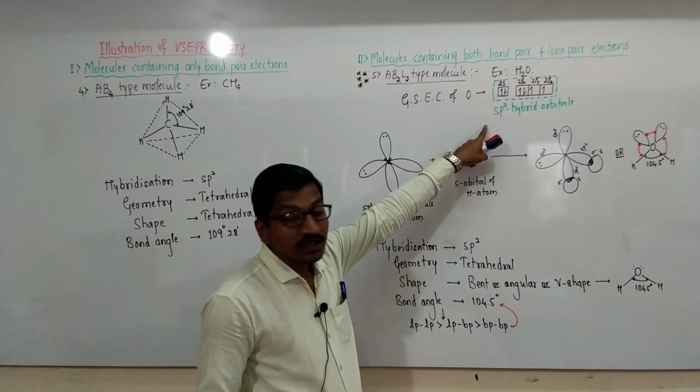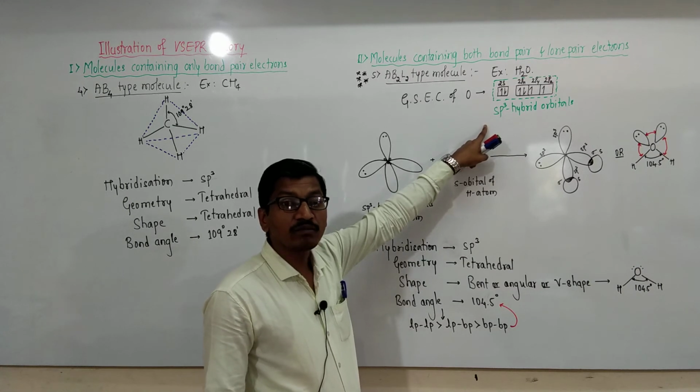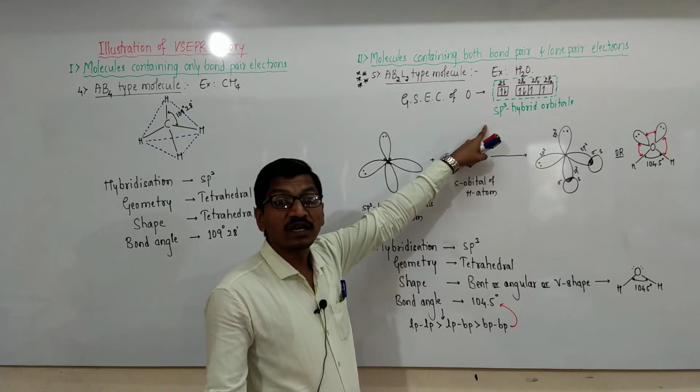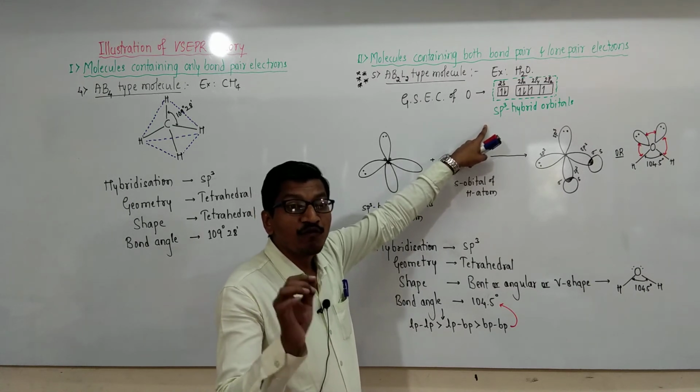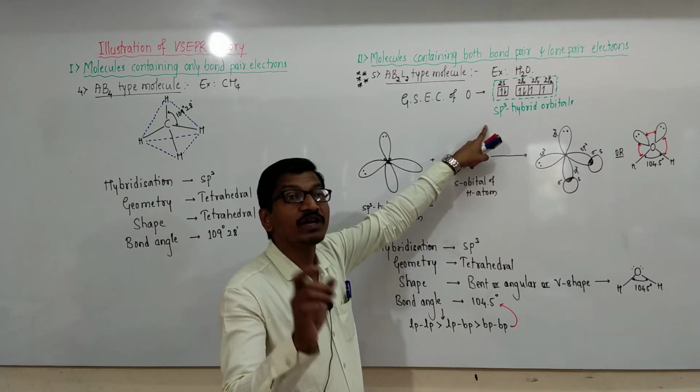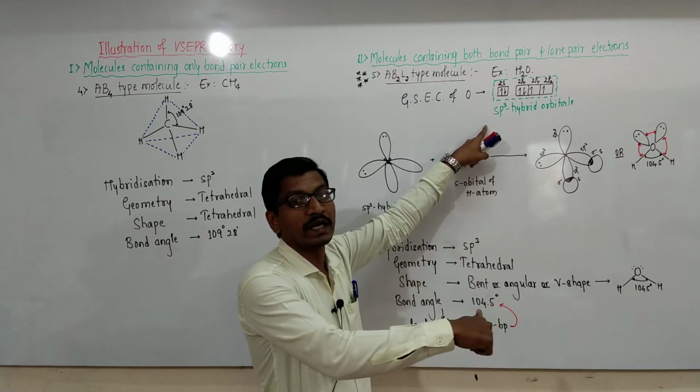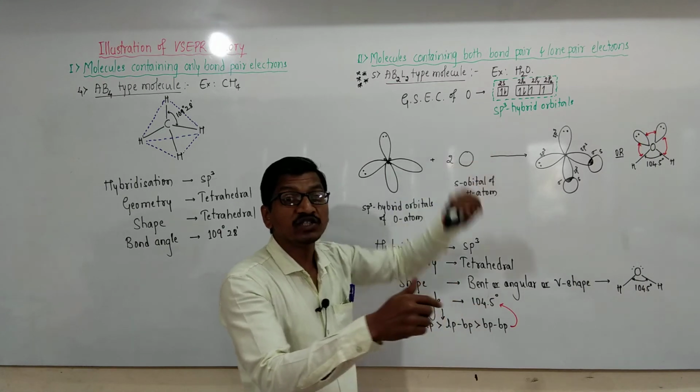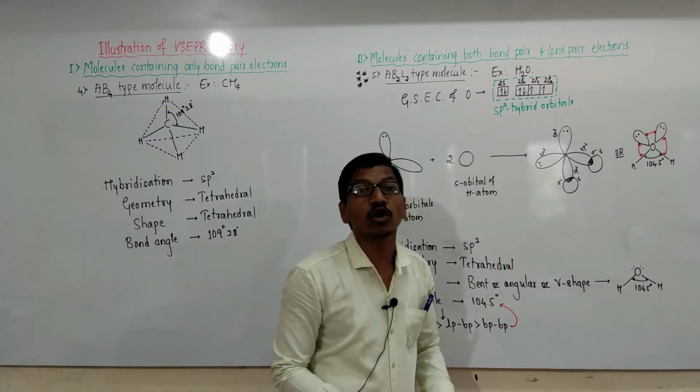The central oxygen atom in water as well as the central nitrogen atom in ammonia form sp3 hybrid orbitals in their ground state only. Remaining